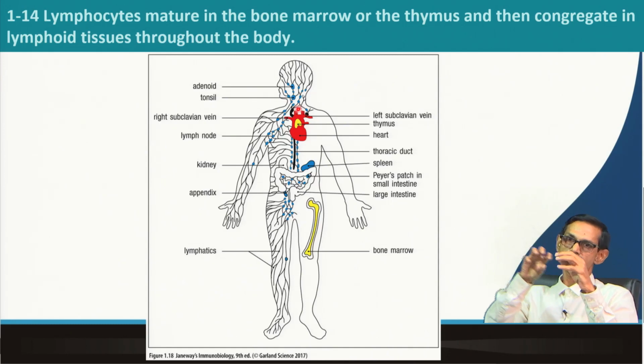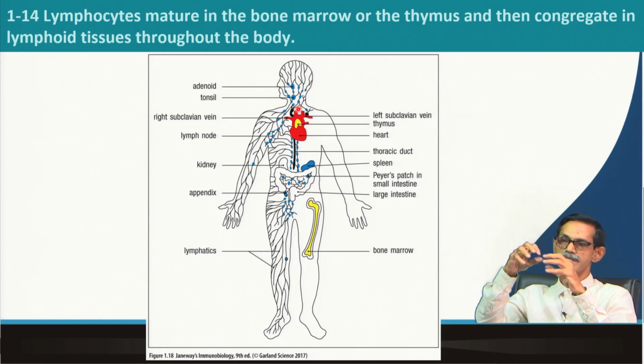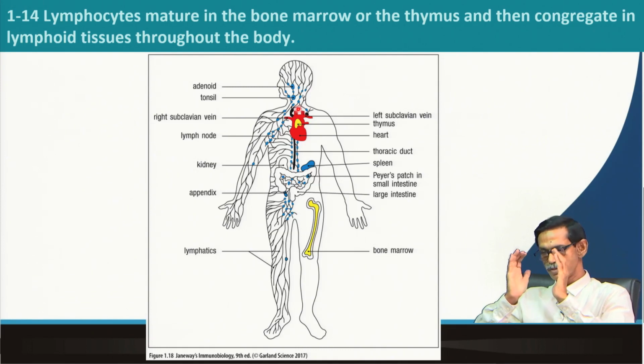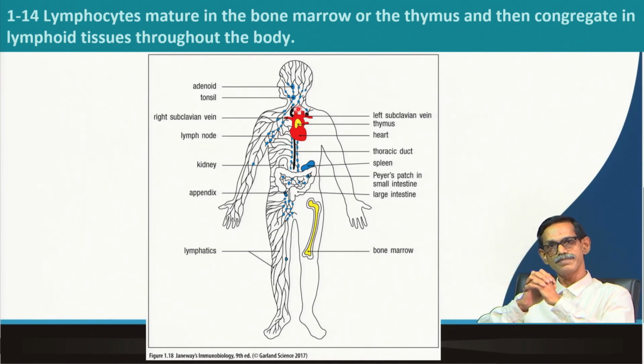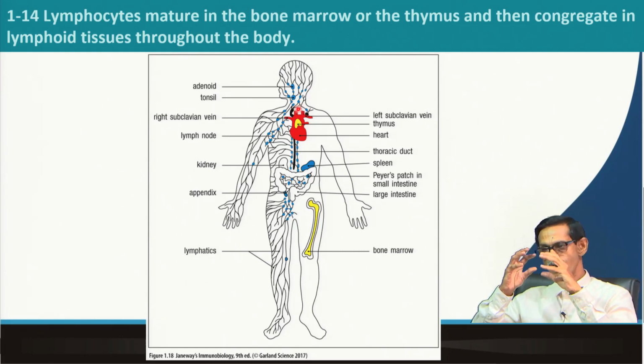The main police station is controlling everything and getting the information, but local thanas are taking care of their small area within their capacity. Here lymph nodes are this kind of local thana, with a good number of police personnel like B cells and T cells